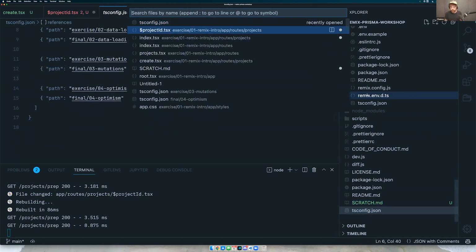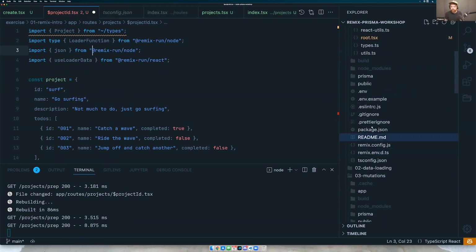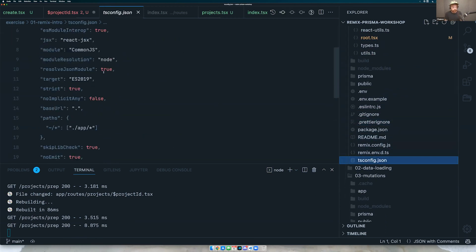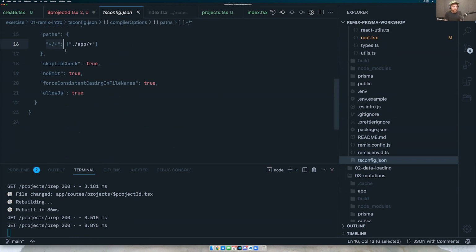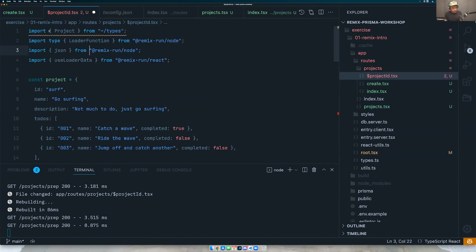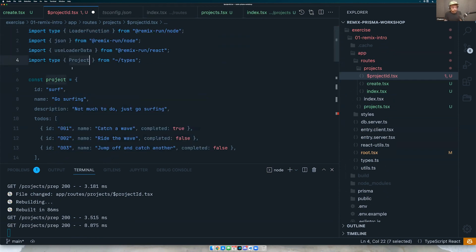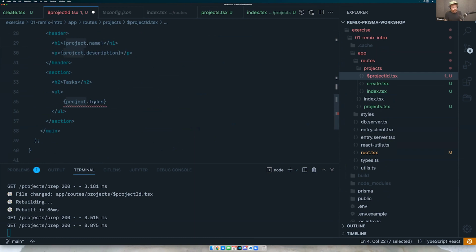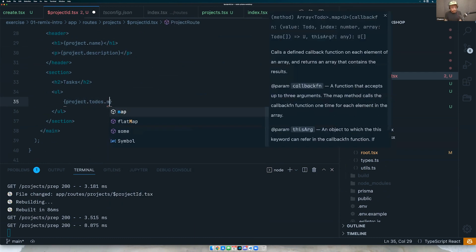Oops, that's in the root here. In your TS config for your app, it should show you that we are using this path inside the paths option here. So we're importing this type. I think I've abstracted over the Prisma type here, so it should be more accurate. So we should have this list of to-dos, and we can map through them